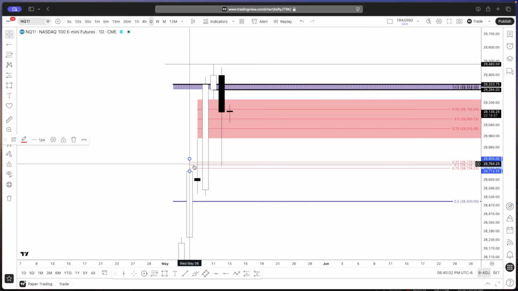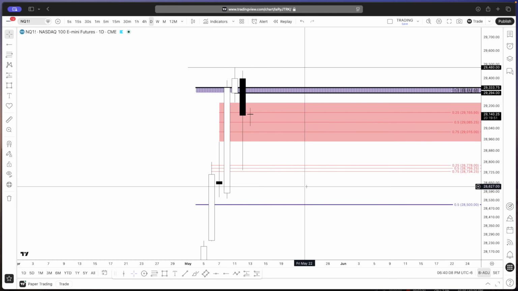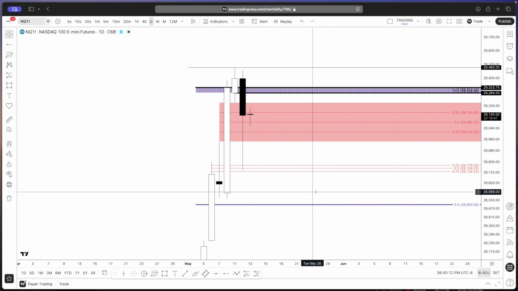And then we could also use the levels inside of this daily wick. Why are we using this daily wick instead of this one? Well, this one's older. It contains more price action. This is the daily wick that we're going to use. I'm going to throw it up on screen right here.